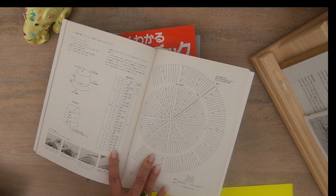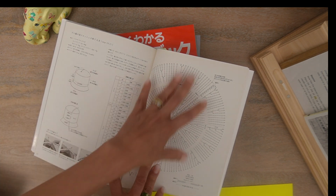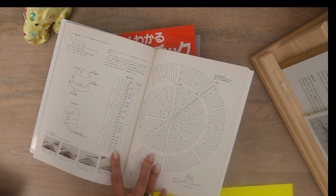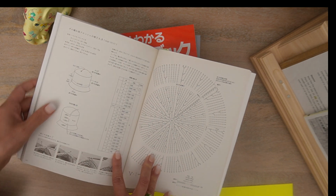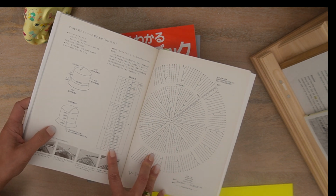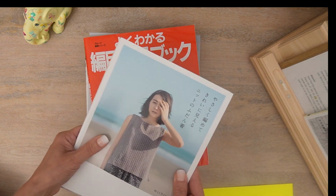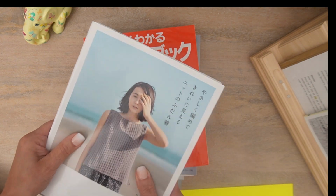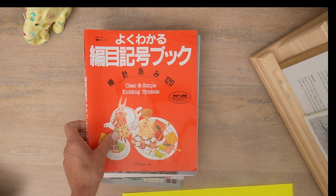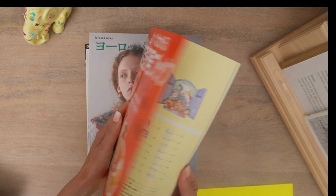You may buy crochet only books, but maybe some of these patterns will give you the option. Again, it follows the same premise: title, your hook sizes, and your schematics. I didn't want to do this without talking about the crochet element, because the crochet is just so profoundly beautiful in these designs that I really wanted you to have a visual on that as well, since most people do both. Here's the knitting symbol book